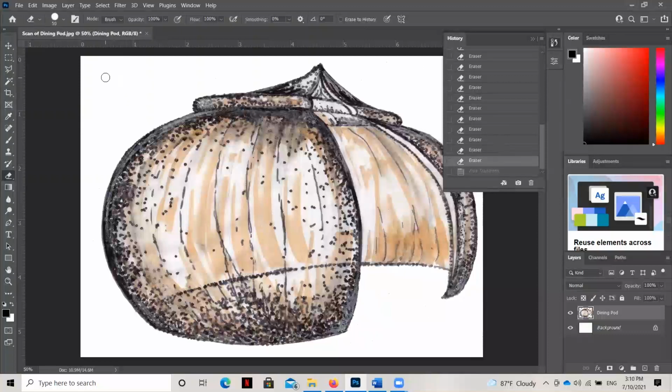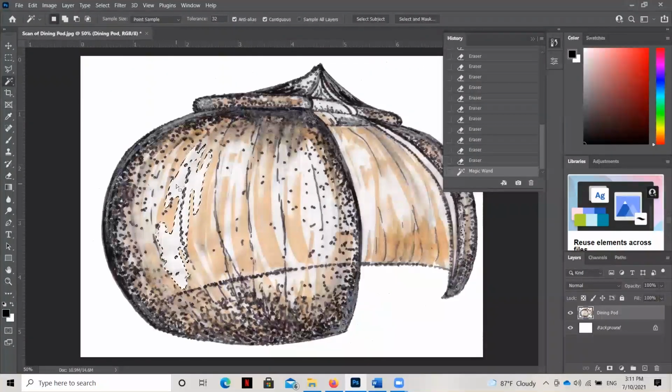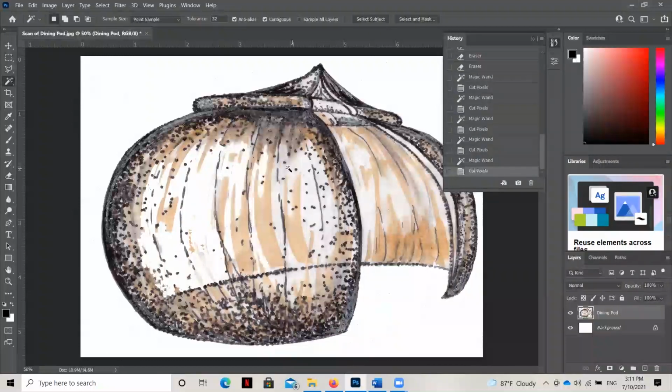A couple of other things I want to do to prepare this image is I want to go ahead and pull out a couple more of these open spots back here. Again, just so that I can get some transparency happening. And that's kind of a unique feature. You can see it's pulling a lot of the bright whites that are coming out.